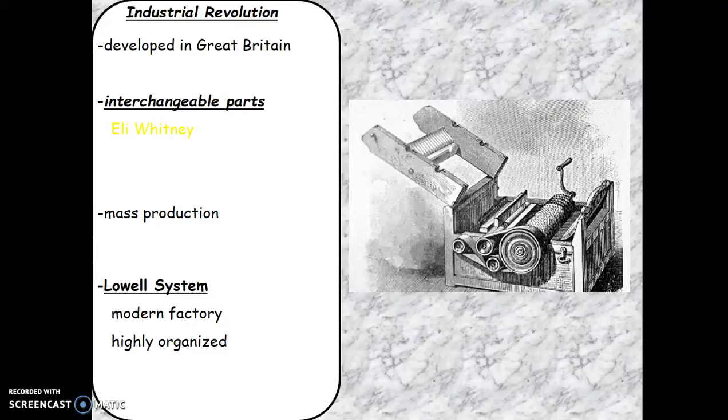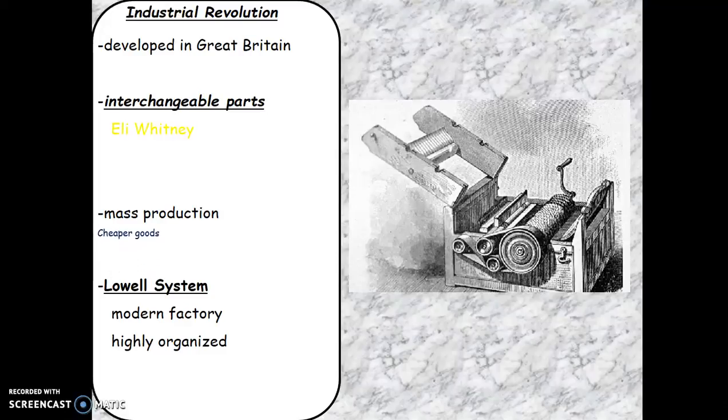One of the first things that happens is Eli Whitney comes up with the idea of interchangeable parts. This means that parts could switch between two or three individual items. For example, a truck hood. If you have a Toyota truck, I have a 2006 Toyota truck, that truck hood will go on any other 2006 Toyota truck. They're interchangeable parts.